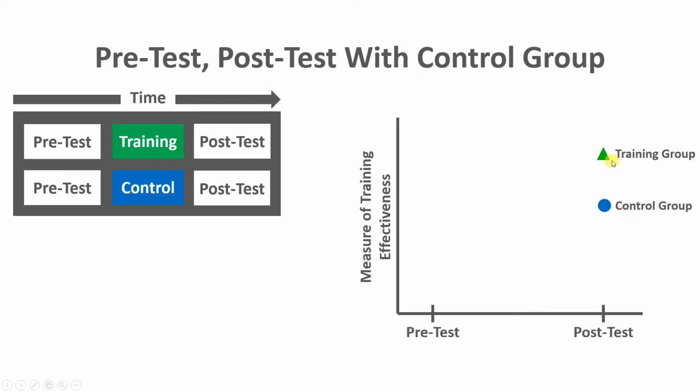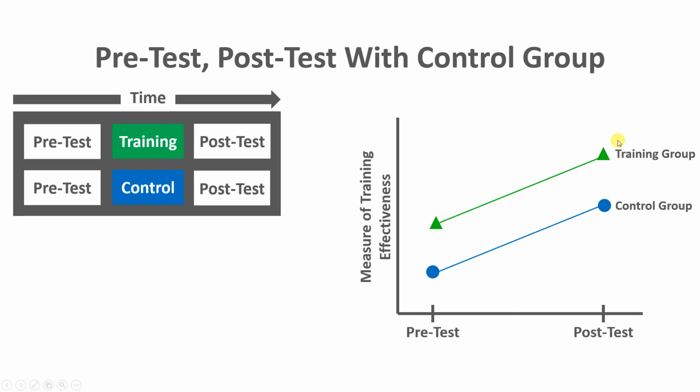Again, if you were doing a post-test only with control group design, you'd have your training group and your control group, and you could see whether or not there were differences post-training and post-experience in the control group. However, if you add a pretest to this, now you can start to figure out where people were at baseline. This illustrates visually why it's so important to assess people using a pretest and what additional information you can gather.